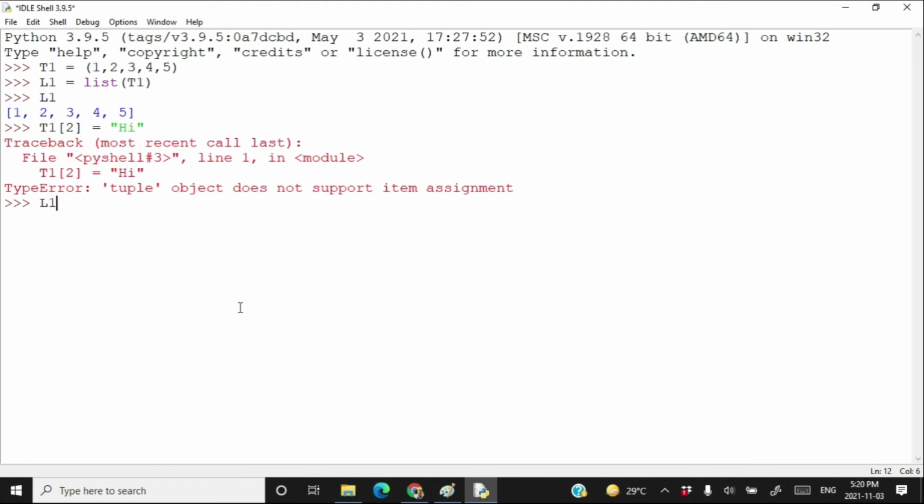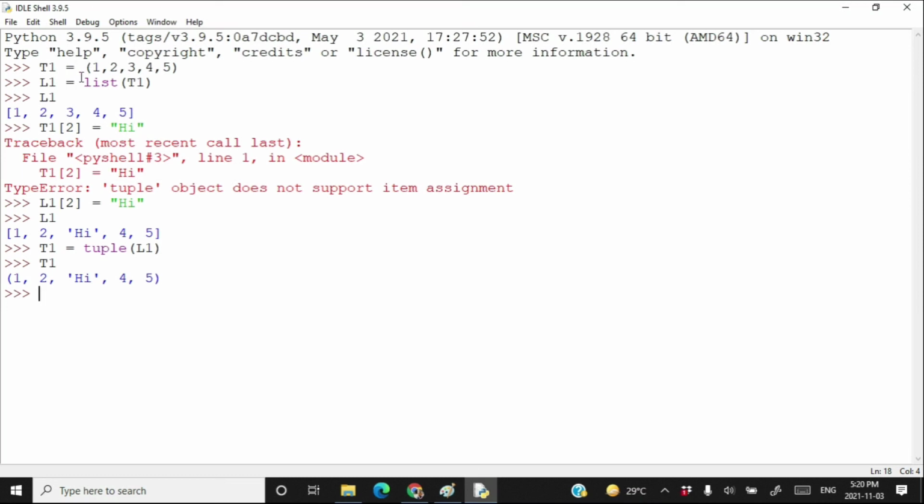So write L1[2] is equal to "hi". Press enter, type L1, and here we have changed our list. Then convert this list to a tuple again. T1 is equal to tuple(L1). This is my T1.